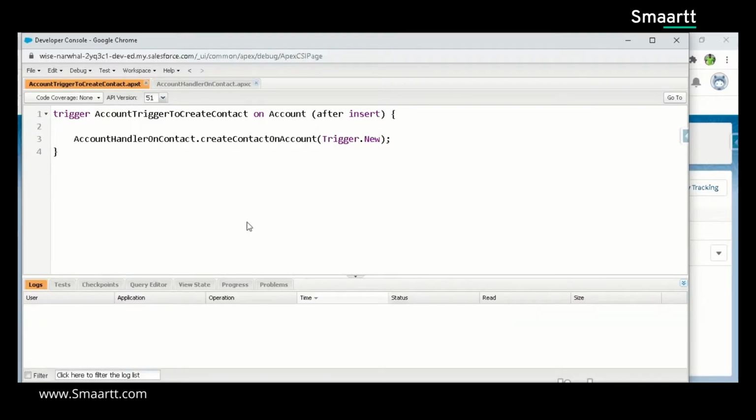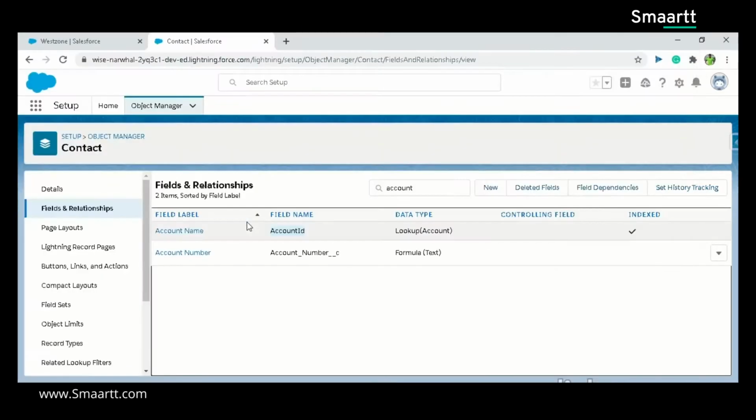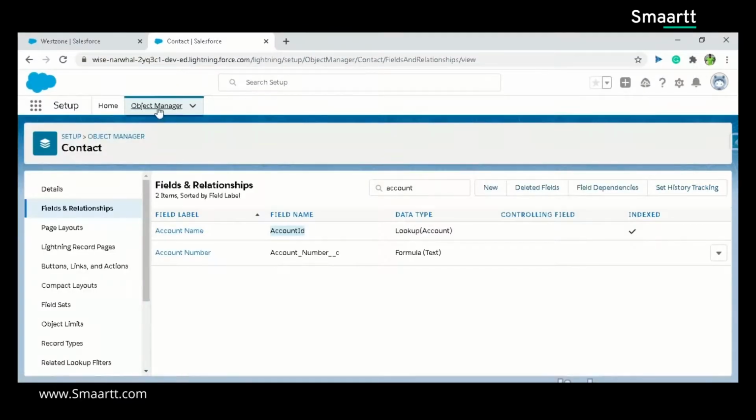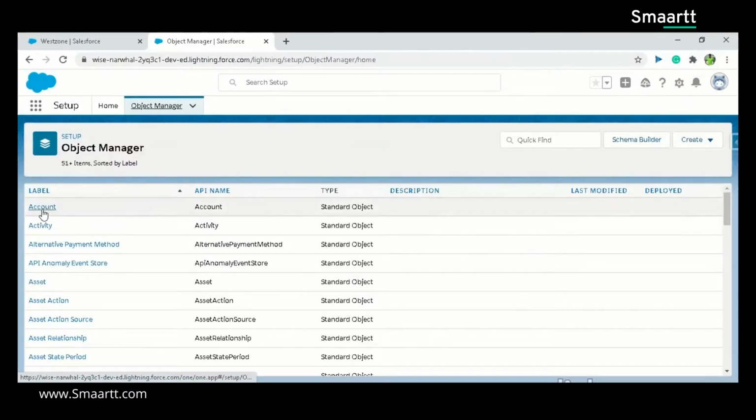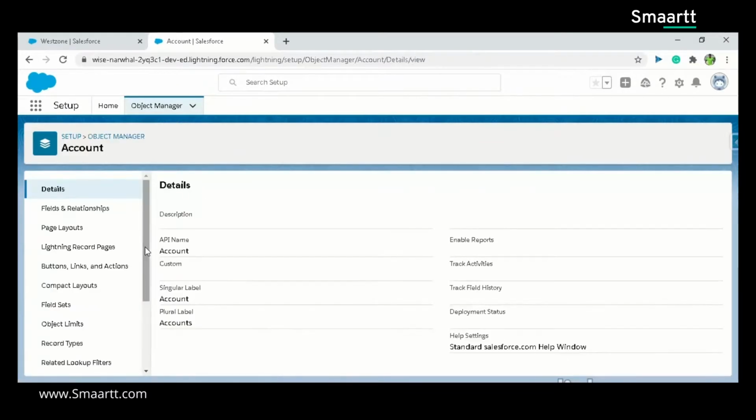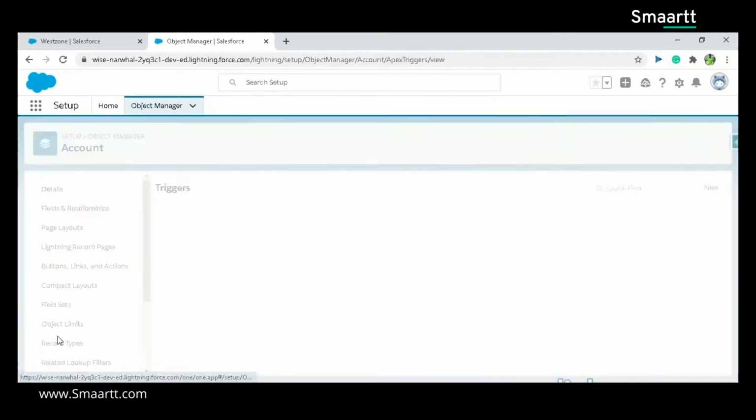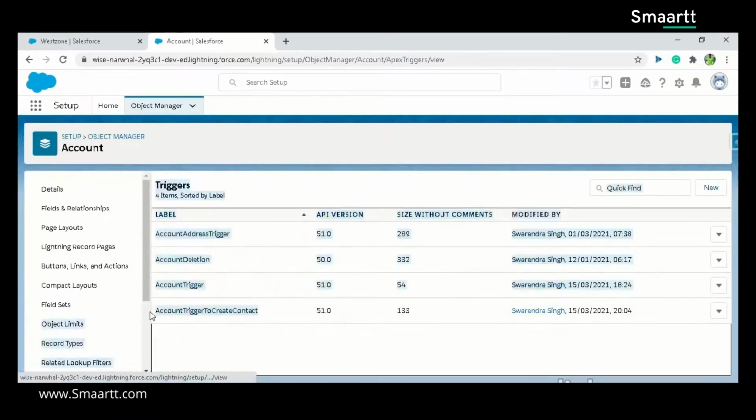Okay, now our trigger is ready. You remember when you looked at the account, there was no trigger present over there, but when you go to the trigger section of the account, now you'll find the trigger which I have created, because in the developer console, whenever you choose your object, it already creates the trigger here. Now it's foolproof and it's ready.